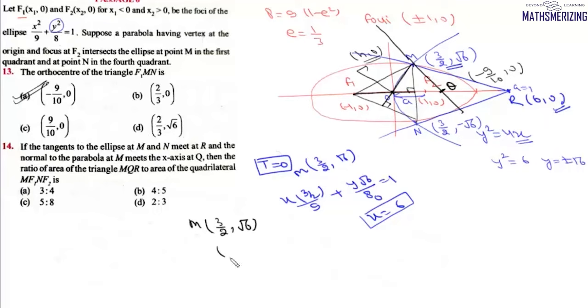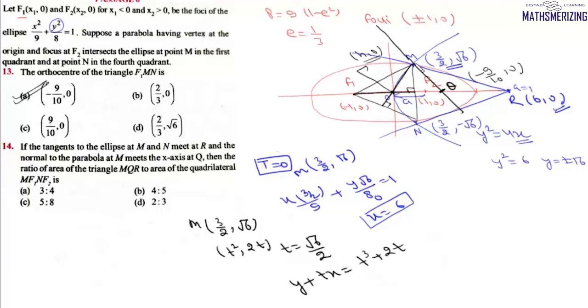Now a in this case is 1, so it will be t square comma 2t. That is, the value of t is simply under root 6 by 2. We have already studied in parabola that the equation of normal in case of parabola will be y plus tx